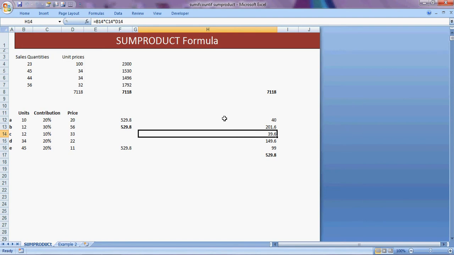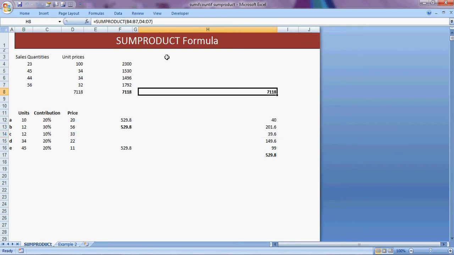Today we'll learn about a small topic called SUMPRODUCT. In today's video we'll learn about the SUMPRODUCT formula, how it is used, and where exactly we can use it. In this chapter I'll tell you the very basics of the SUMPRODUCT formula, and later on we'll give you some more videos with more features, but that will be at a later stage, not in this video. This video will have just three examples.